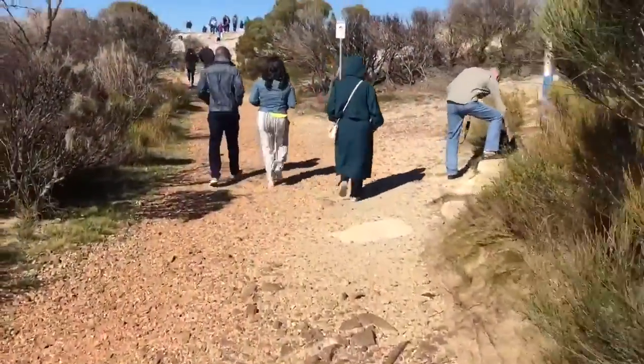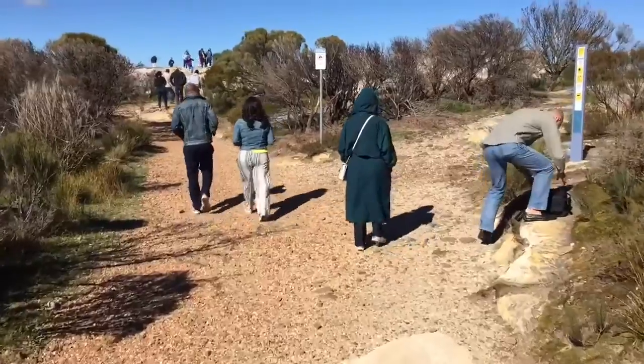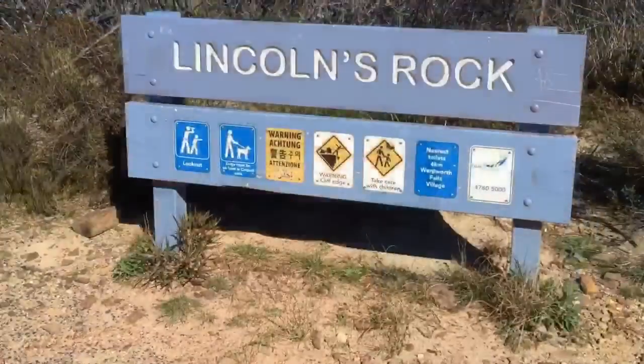We are headed on our adventure to leave the city. We're going to the Blue Mountains to get our nature and exploration on. The Blue Mountains are about a 2-hour ride outside of Sydney, and our first stop when we got there was